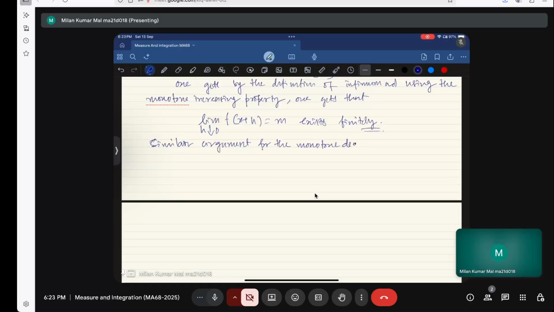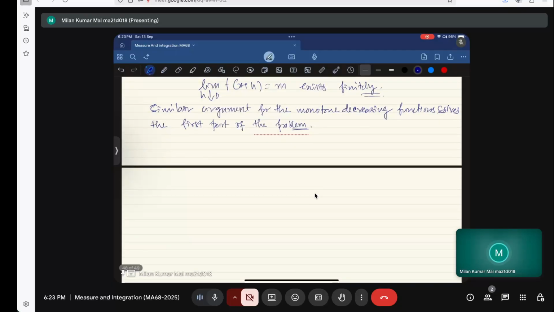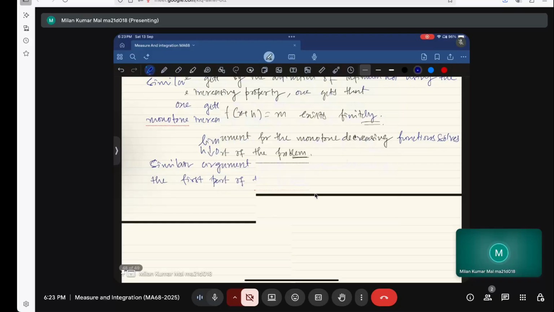This solves the first part of the problem. Okay. Now what we need, the second part of the problem,